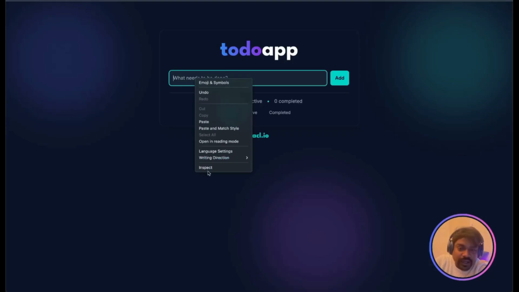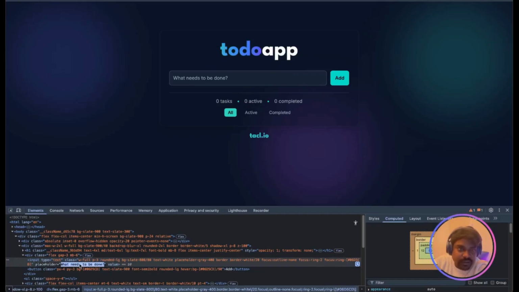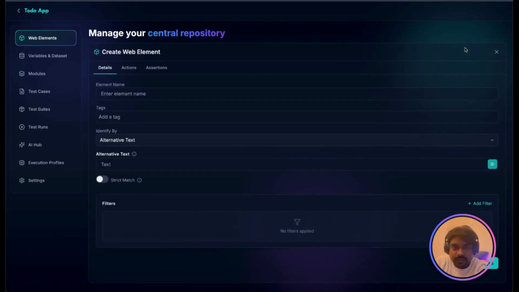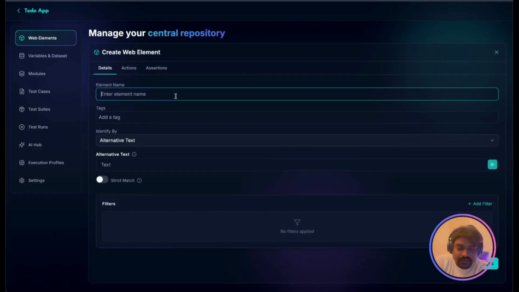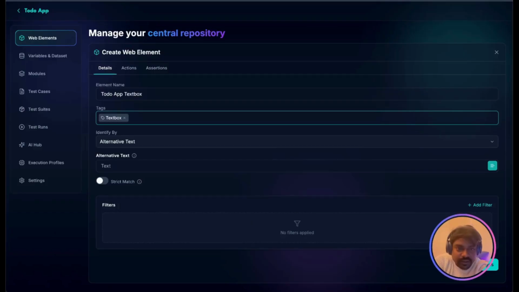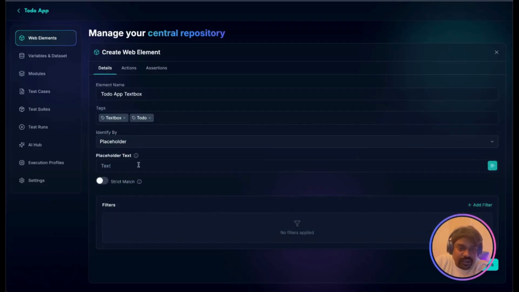Now, if I have to identify the element using the placeholder in Testsigma, what you do is simply copy this content over here. You go to Testsigma and create a web element. Let's say that this is a to-do app text box. And then let's give it a tag called text box and to do. And now in the identify by, we are going to select the placeholder